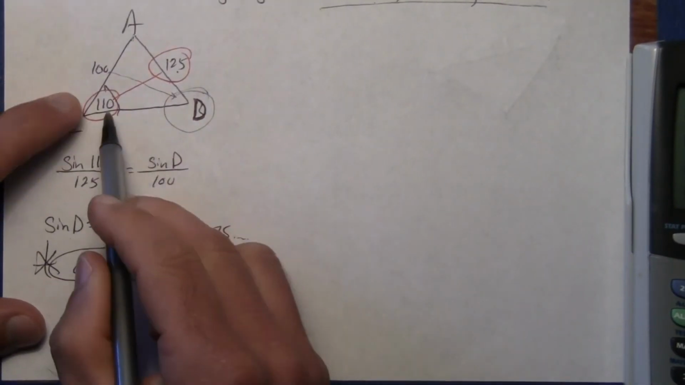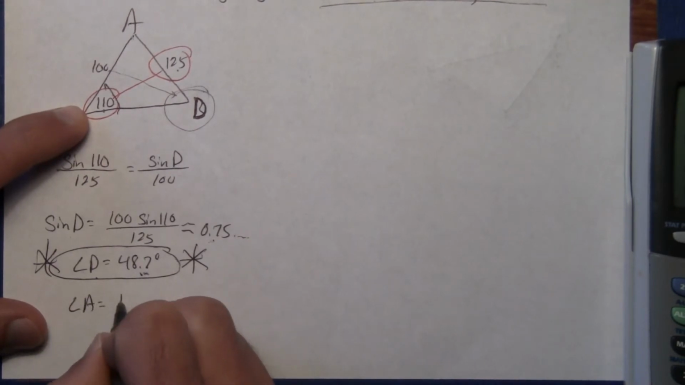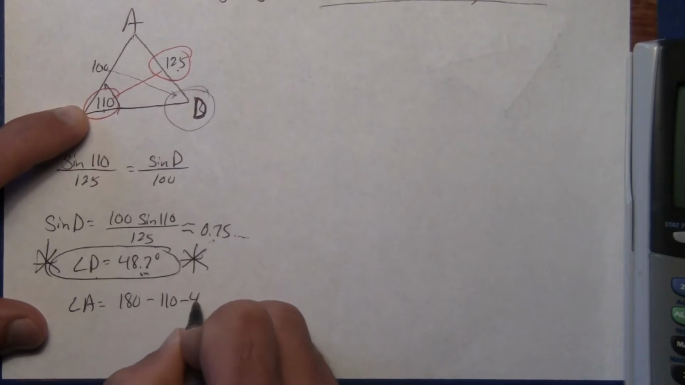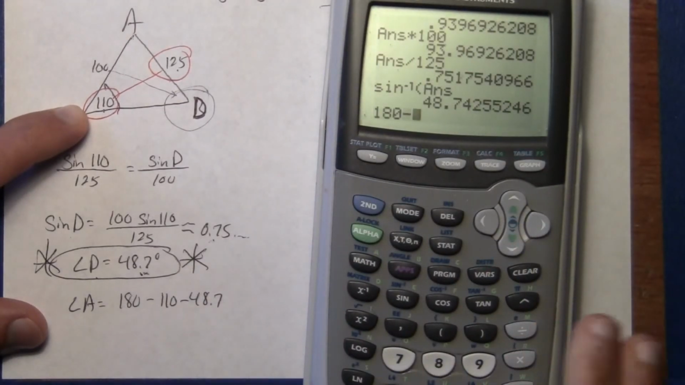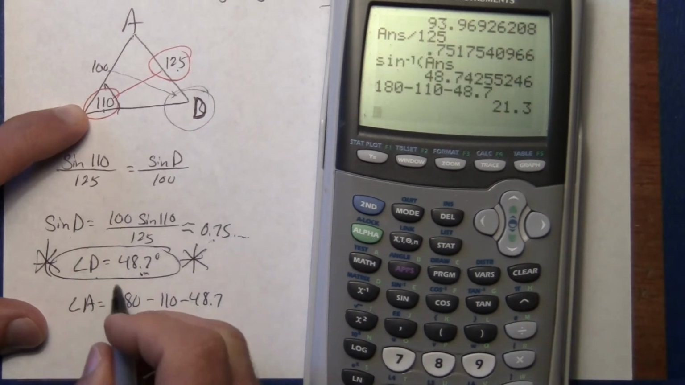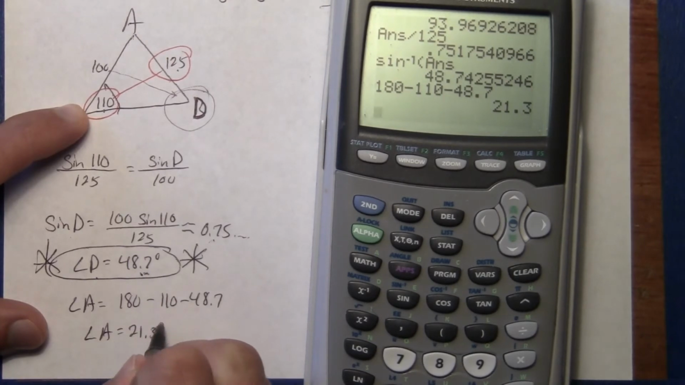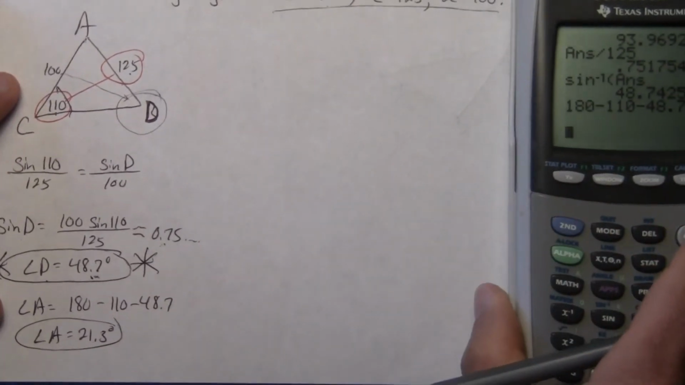Alright, I now have angle C, I have angle D, I'm only missing angle A, so let's quickly figure that out. It's 180 minus the other two, so 180 minus 110 minus 48.7. That ends up giving me 21.3. So now I've got all three angles. The only thing I'm missing is